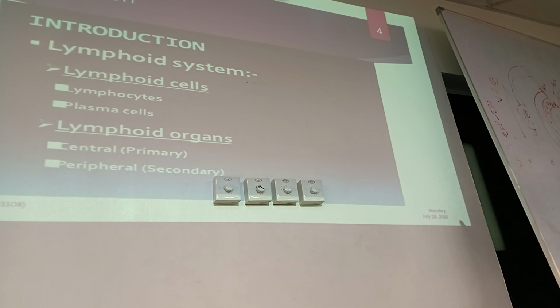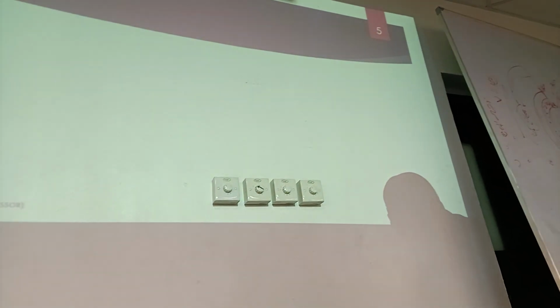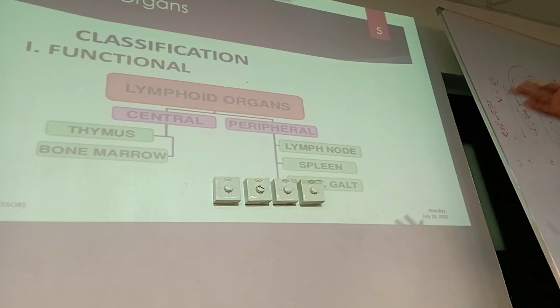You have the central lymphoid organ, which is known as the primary lymphoid organ, and you have the peripheral lymphoid organs. We'll talk more about the central and peripheral. So these are the lymphoid organs. In the central you have the thymus and the bone marrow. Thymus for maturation of the T cells, bone marrow for production of B and T cells, but they move to